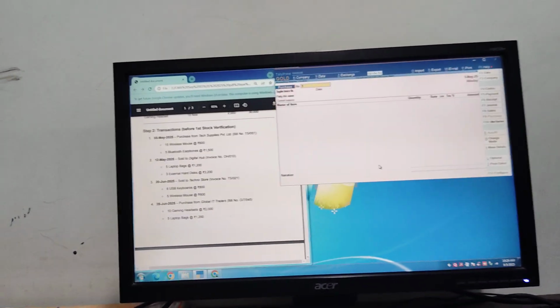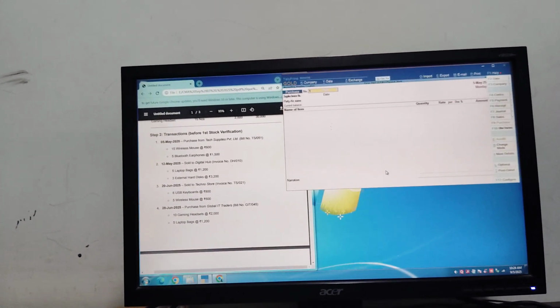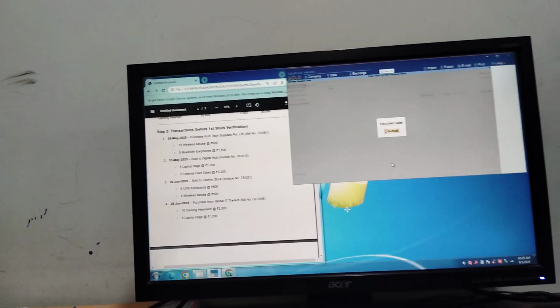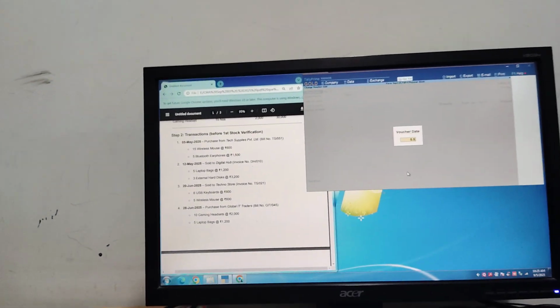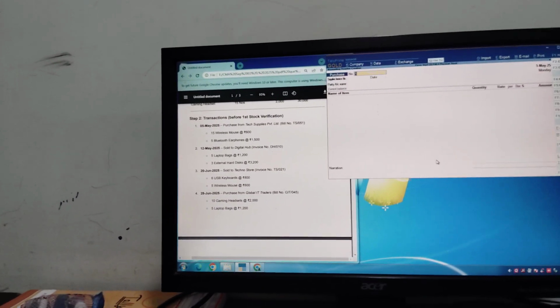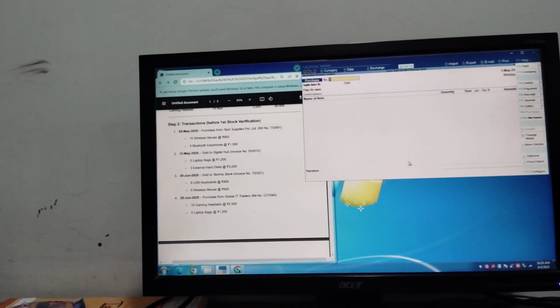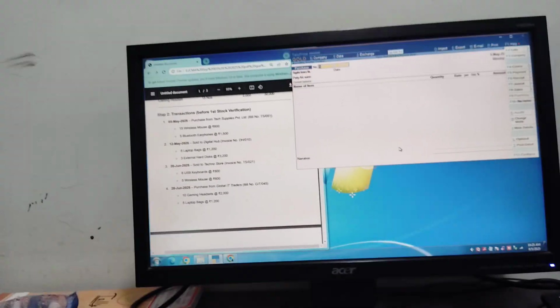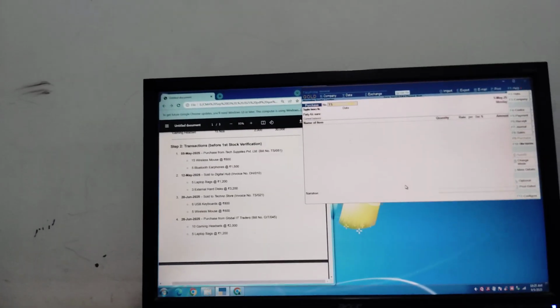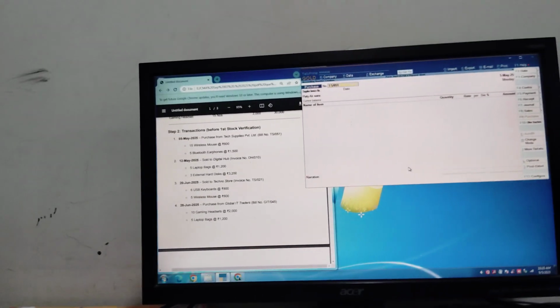Then we will pass the entry from voucher. We will click F9, yes it's F9 for purchase, and select the date. Now we can edit the number. Now what it is showing: bill number TS051. Let's write TS caps lock TS slash 051.